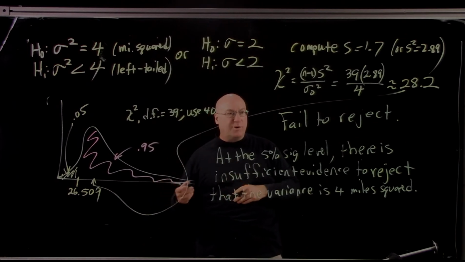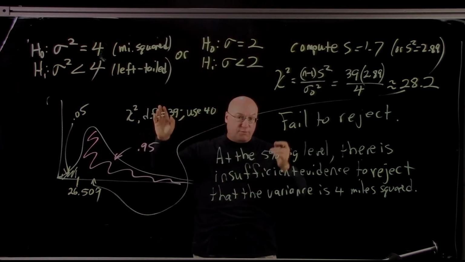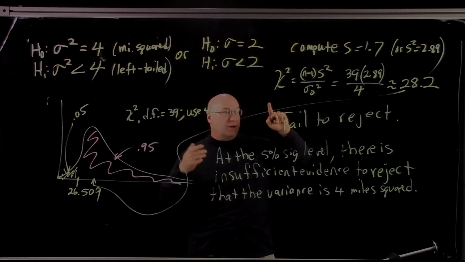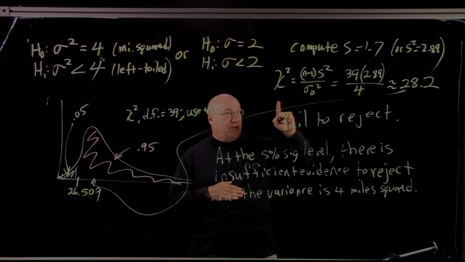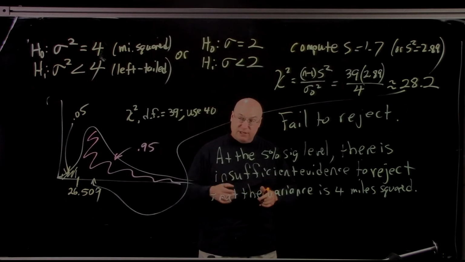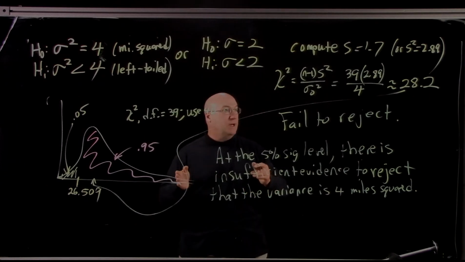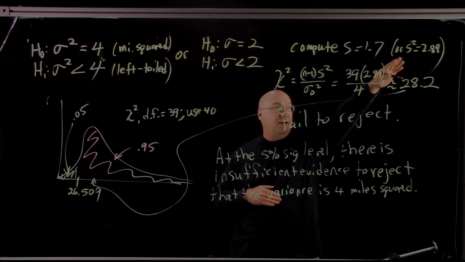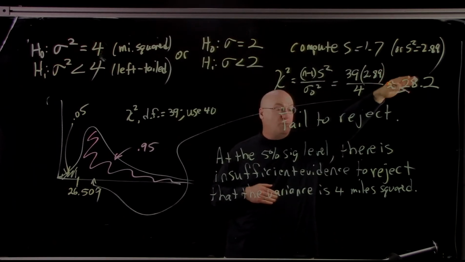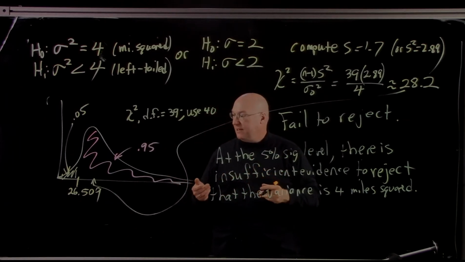It's less than 4, but it's not really enough that we feel like we can claim we know for sure that the variance overall will always be less than 4, or that the mean variance would be less than 4 for the population. But this suggests that if we did a bigger sample, we might still have a sample variance of around 2.89 perhaps, but with a bigger sample, we know that we can get